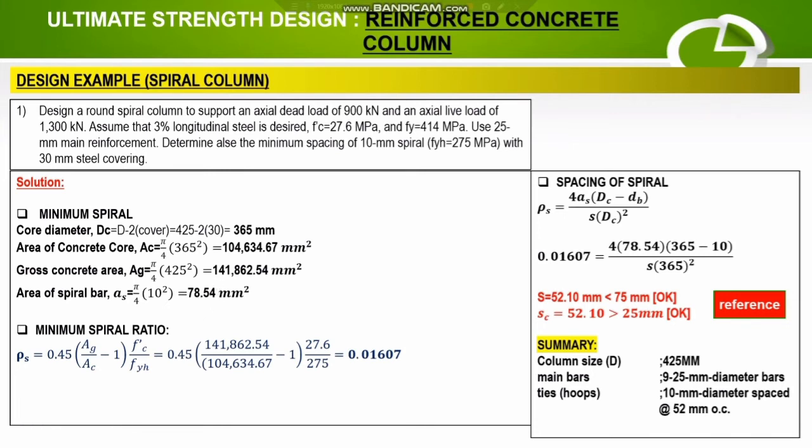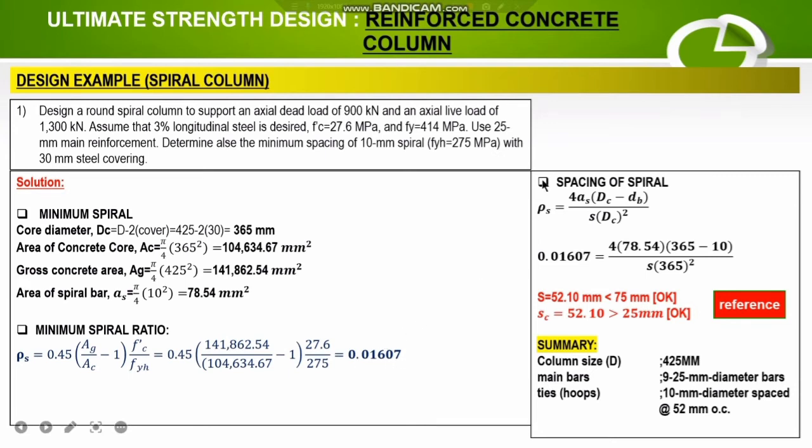78.54 mm squared. Then, basing on code, the minimum spiral ratio is given with a formula rho sub S is equal to 0.45 times the quantity of Ag over Ac minus 1 times Fc prime over Fyh. So plugging in the values, rho sub S becomes 0.45 times the quantity of 141,862.54 over 104,634.67 minus 1 times 27.6 over 275. So that's why our minimum spiral ratio rho sub S is equal to